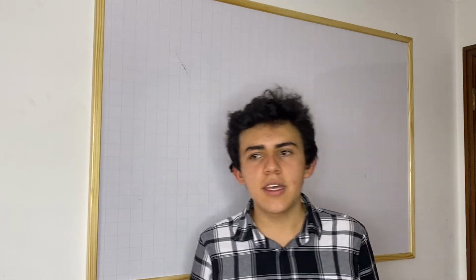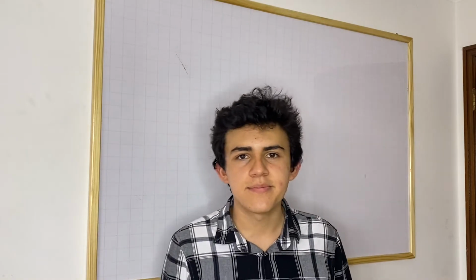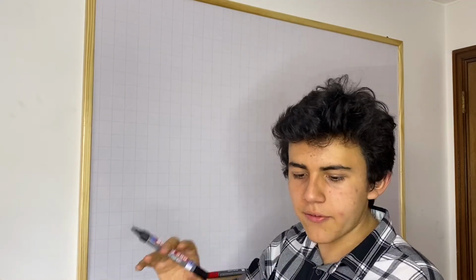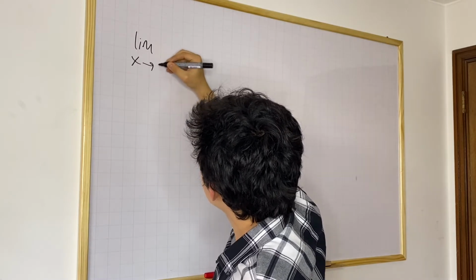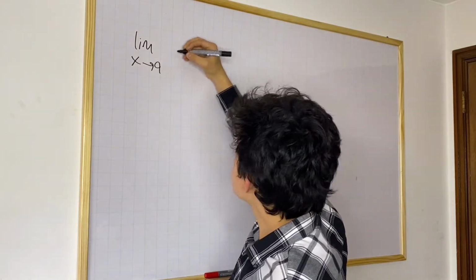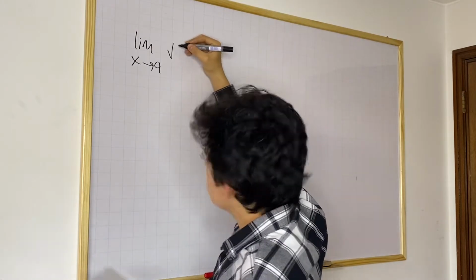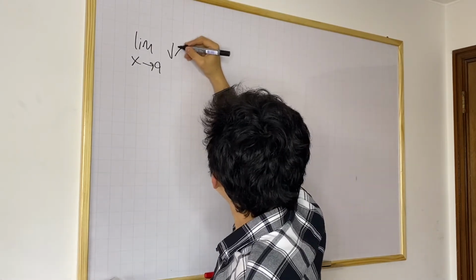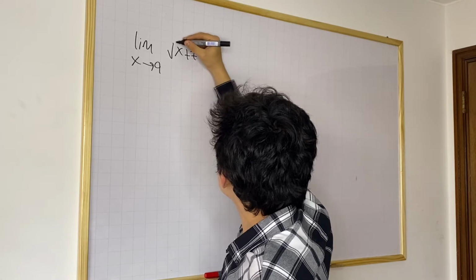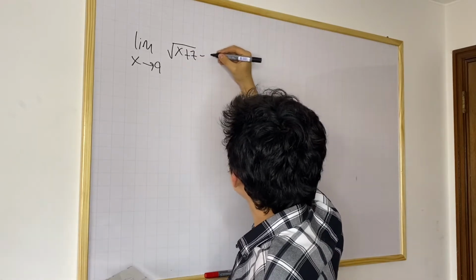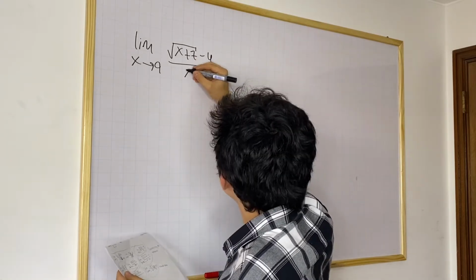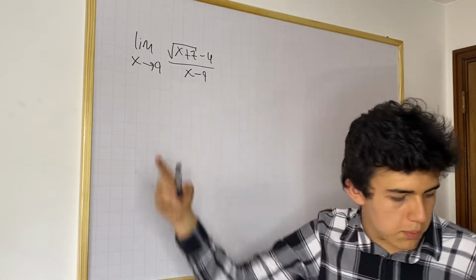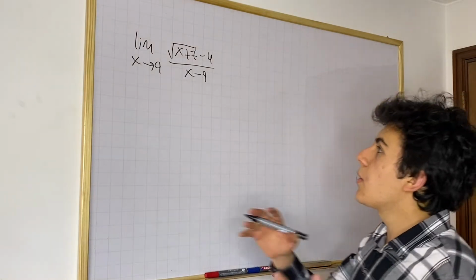Hey guys, so we're gonna keep doing the next problems that we have for limits and rationalizing. So our next problem, now we're gonna have the limit as x approaches 9 in the expression square root of x plus 7 minus 4 over x minus 9. So we can plug in 9 in there, but what we can do is, once again,